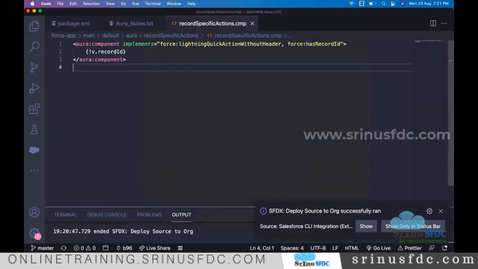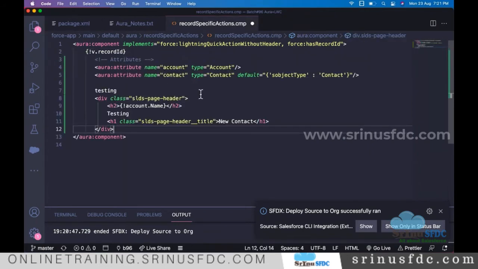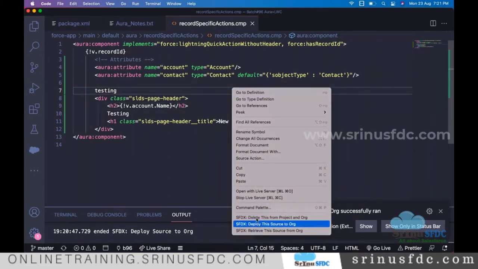Okay, now this is coming. I think some of the code which we are adding is spoiling something, so we have to see. So now I think this one. The thing is this attribute, right? Whenever you want to refer to the attribute, we have to give v. I think since there is a problem with that, the system is maybe failing to render this entire thing on the UI. Okay, so this might be the problem. Yeah, let's deploy.